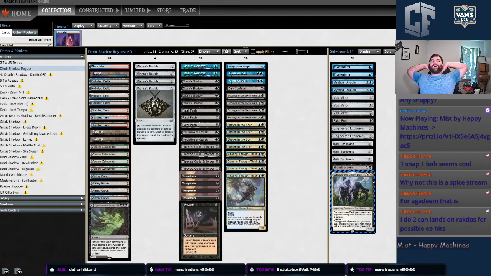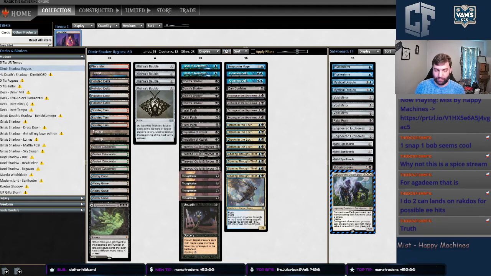Alright. So a bit of a spice one on stream today. We're going to play some Dimir Shadow Rogues. It's a deck that we played a decent bit before Modern Horizons 2 dropped. Had some pretty good results with it. Haven't played it since MH2, so kind of interested to see how it does now with the introduction of cards like Counterspell and Seal of